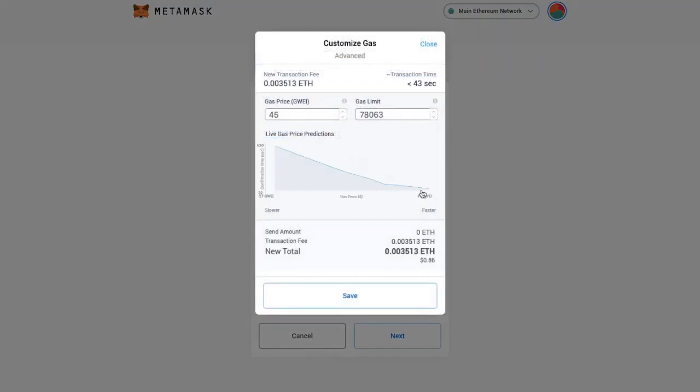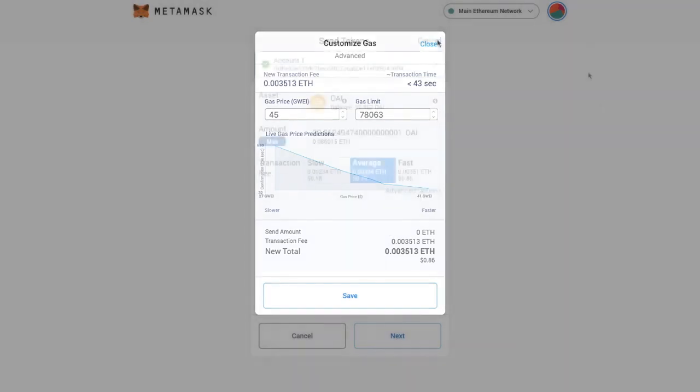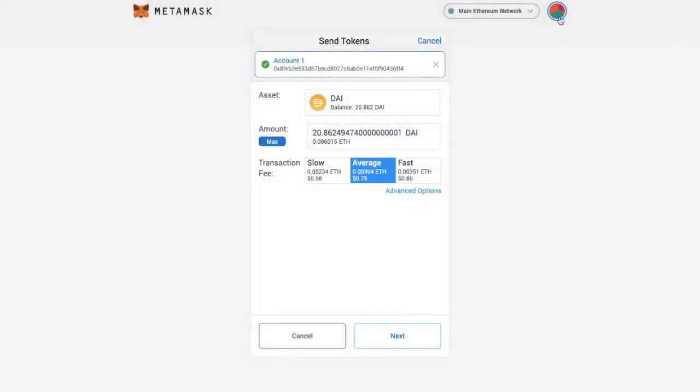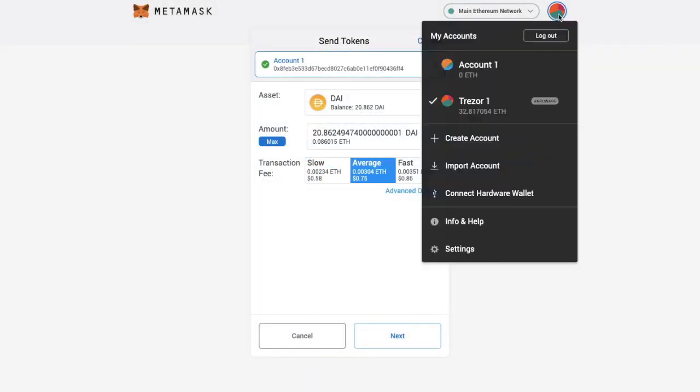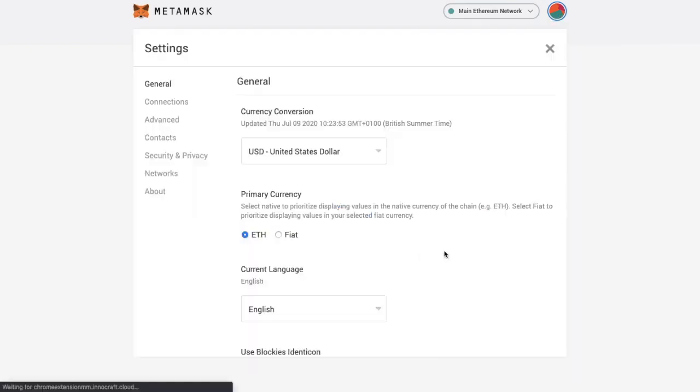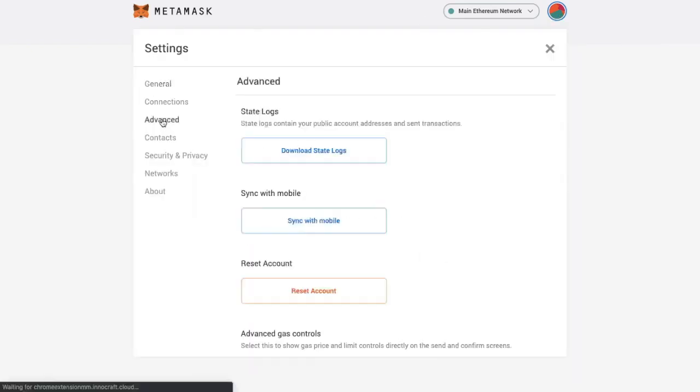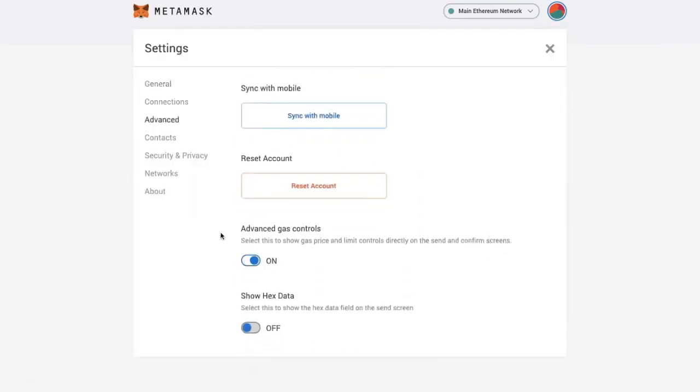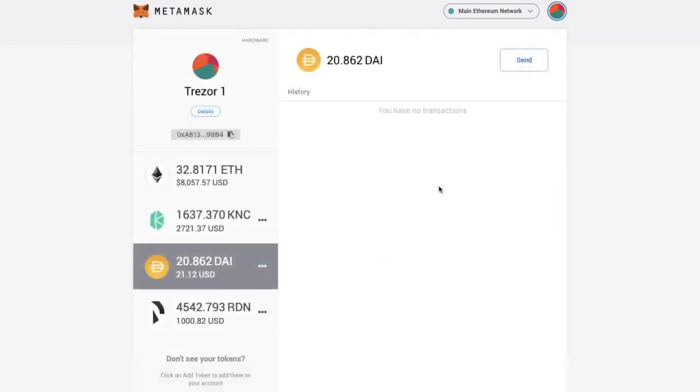And this allows you to customize the fees, which is great, unlike other wallets such as the Coinbase wallet, which I've recently covered, where you can't amend the gas fees. Now, if you don't have the advanced settings in here allowing you to edit the gas fees, you can find this under your settings. So if we go up to the circle icon on the top right hand side of your screen and go down to settings and down to advanced, in here you can change this to on. But if we go back to sending,